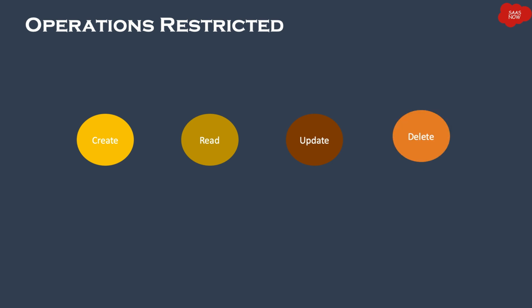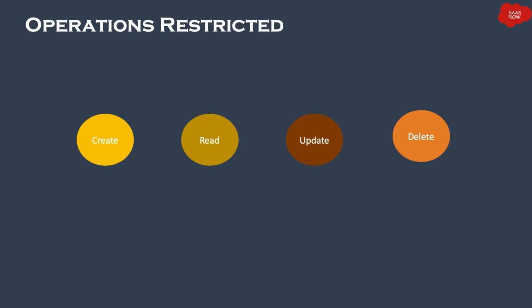And then we have delete operation. And that's how it makes CRUD. Now in delete operations, user cannot delete the record if restriction is applied. So as I mentioned, these are basic operations of any database users can do. Create, read,